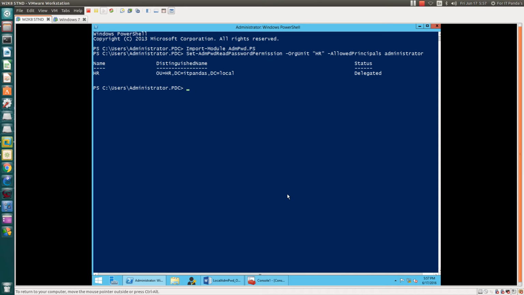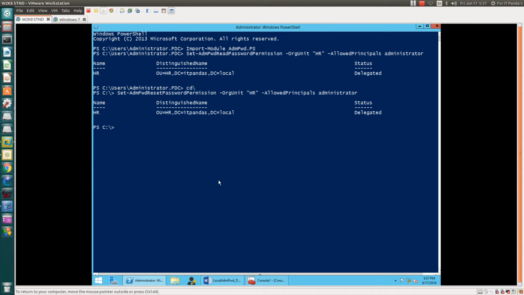Let me change this path first. Okay, Set-AdmPwdResetPasswordPermission to organization unit called HR, allowed principal administrator. Hit enter. Fantastic, it's working now.